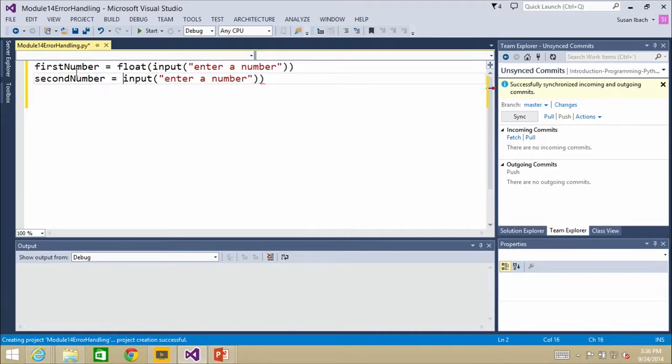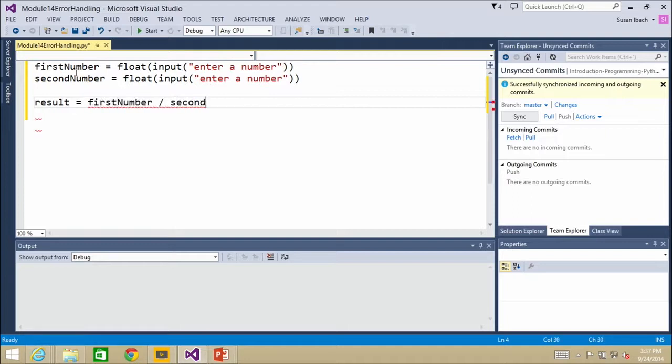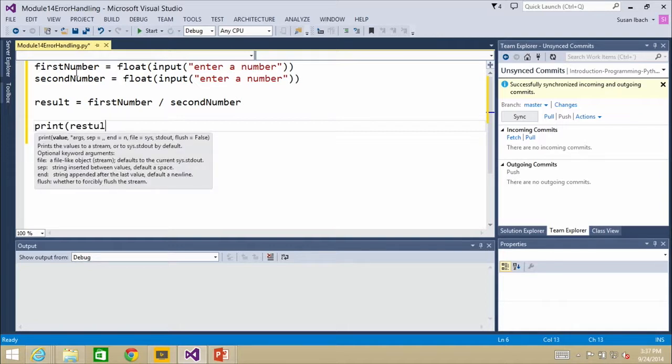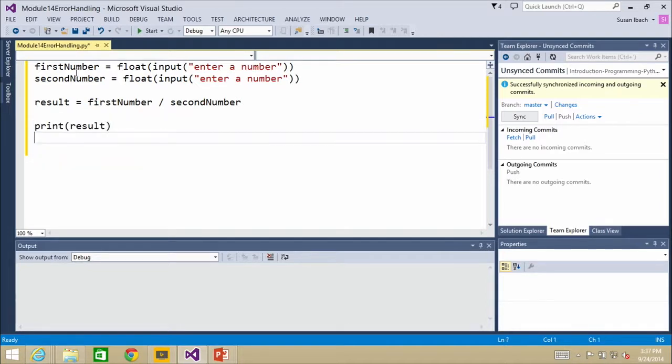So I am taking the number that is returned as a string and immediately converting it into a number. Okay. So then I can take a result equals first number divided by the second number. Just because I want to get to the error handling. You guys have seen this stuff before. Hopefully this all looks familiar now. And then I'm just going to print the result on the screen. Really simple.